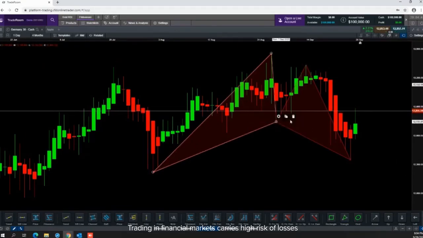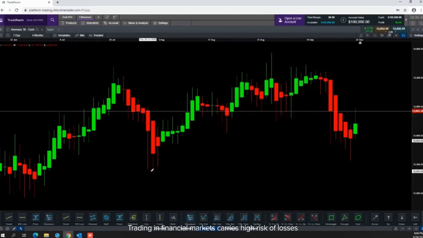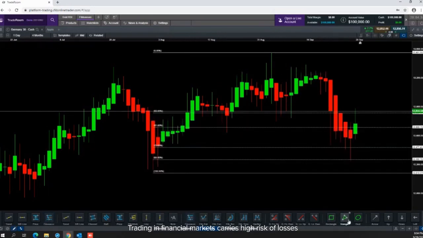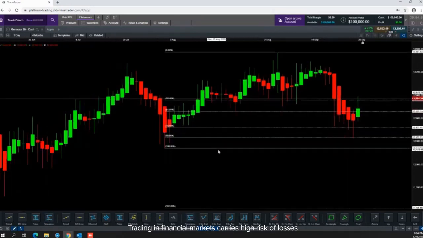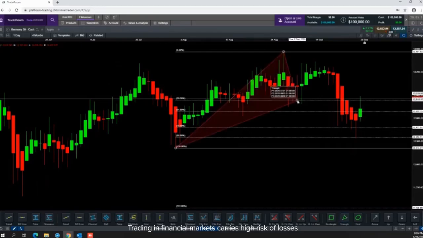Now, let's go one at a time. So I'm going to use Fibonacci. This is going to be my X, and this is going to be my A. So point A to point B. If you look at this particular rally, it has gone up till here, and it came back to a certain level before it jumped up again. So I'm going to take this as my B point. This, if you look at it, it has come back to 50%. So the minute it comes to 50% and it jumps back up,